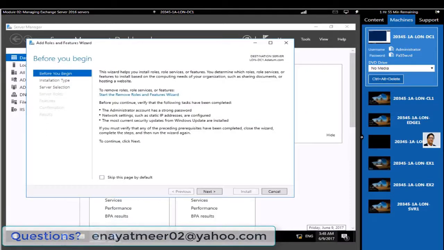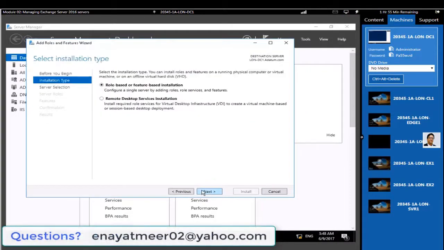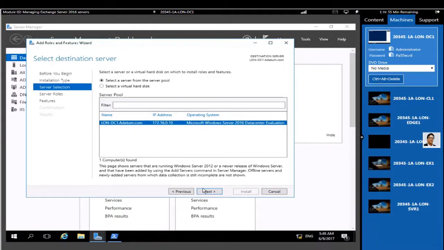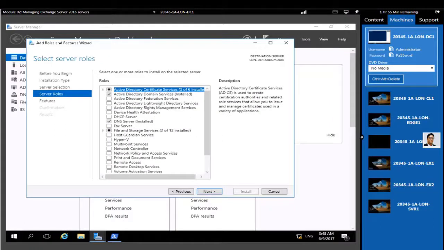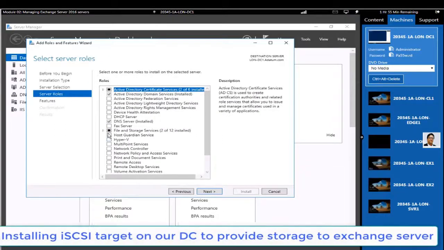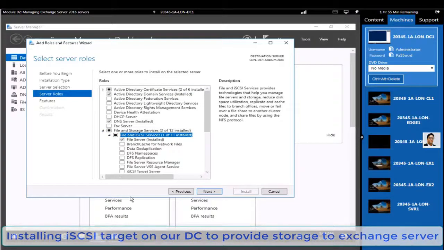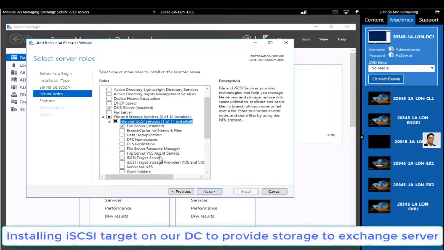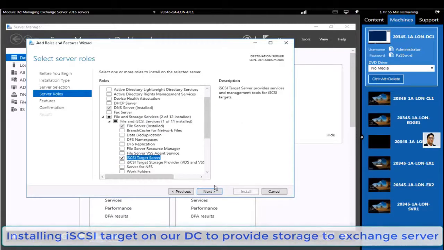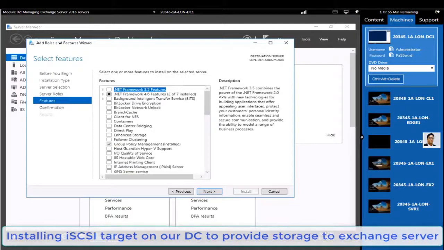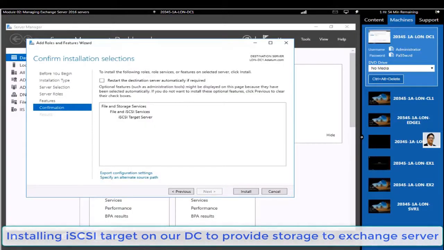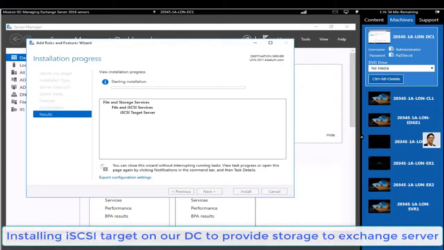I am switching back to my domain controller, which is LON-DC1, and I am using Server Manager, where I am going to use my dashboard to install the iSCSI target on this server. So let's watch. You have to use the File and Storage Services option, and from there you can use iSCSI Target Server. This will be the iSCSI target that will provide storage from this server to the client, which in this case is the Exchange server. So here when you install,